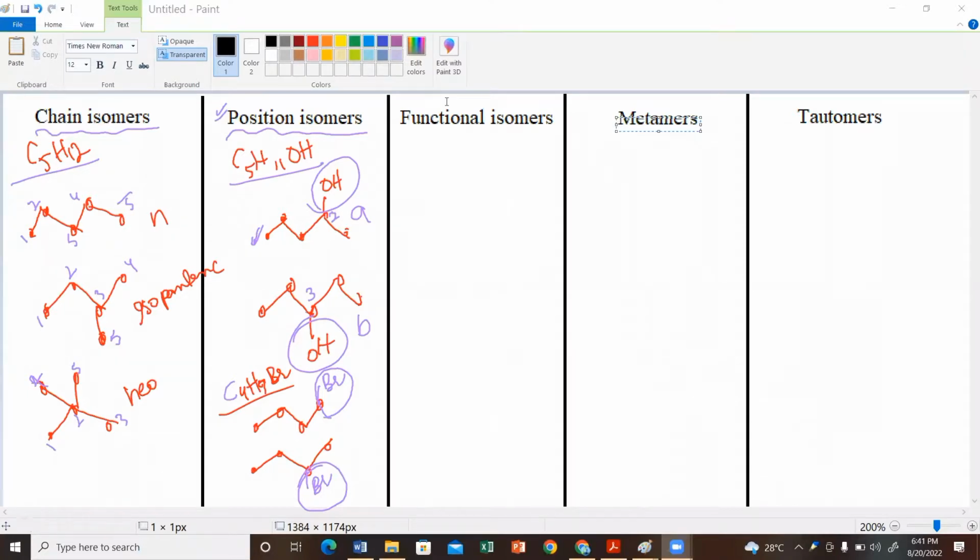The third type of isomerism that I'm going to discuss here is functional isomerism. Now, what is functional isomerism and what are functional isomers? The functional isomers have the same molecular formula but different functional groups. If we have C2H6O, that is the molecular formula, out of which, if I want to draw the skeletal formula, that could be CH3CH2OH, the first possibility, and the second possibility,